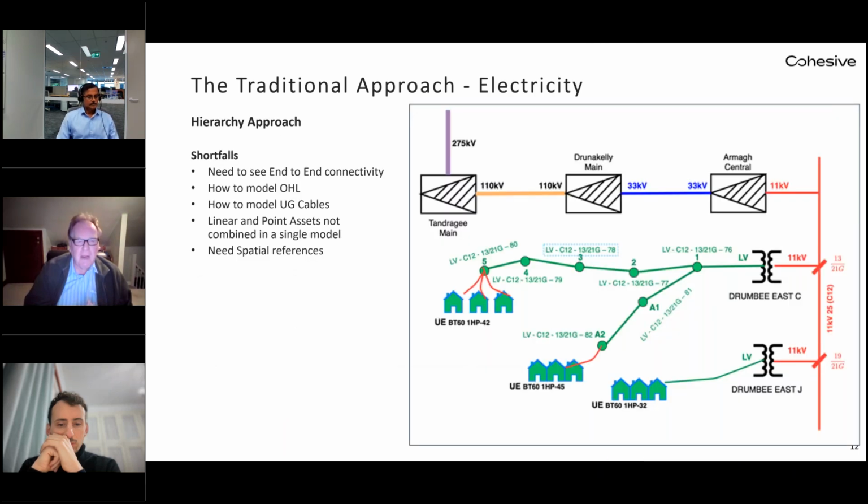But when we look at the grid, it doesn't work because we've got distributed, again, same challenge as water, distributed assets, changing voltages, millions and millions of records. As an example, SSE had 11 million records in their asset database. Northern Electricity, we've got over 2 million so far and counting. And they need, again, these spatial references. But some of the assets in the substations and the power stations, yes, they're good assets to manage. But then you've got things like overhead lines and the poles, 1 million wood poles. We need to cater for those.